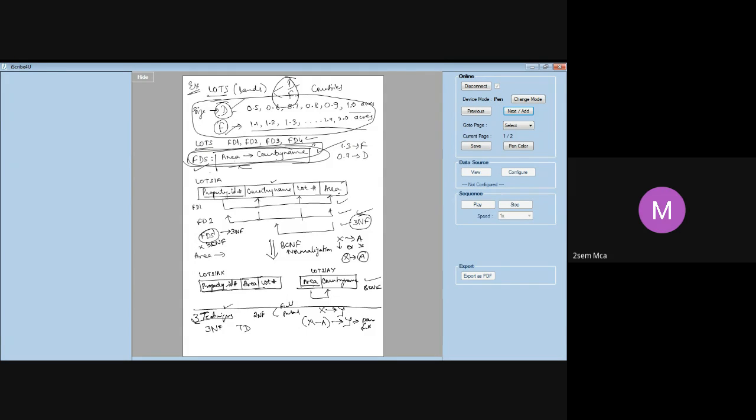Yes, Raman. Ma'am, one revision session will be helpful for us. Yeah, but I should know from others also what they want, whether the majority want it, and what topics they want. I should get to know this from the class, and then I can do it depending on the dates of your internals. Ma'am, we want a quick revision from functional dependency, and the revision on the ER diagram.